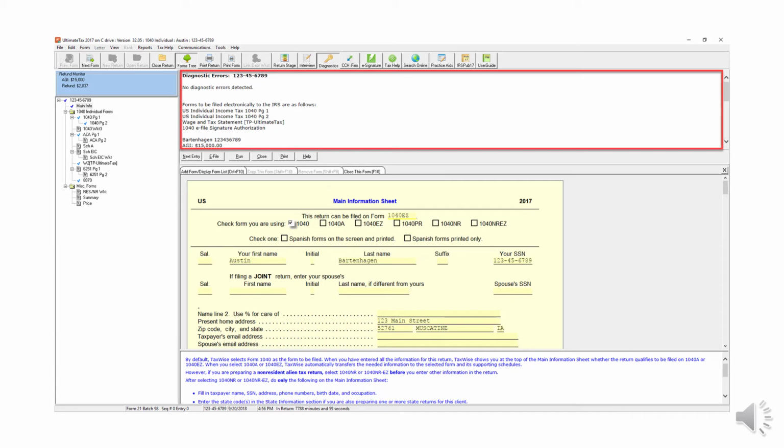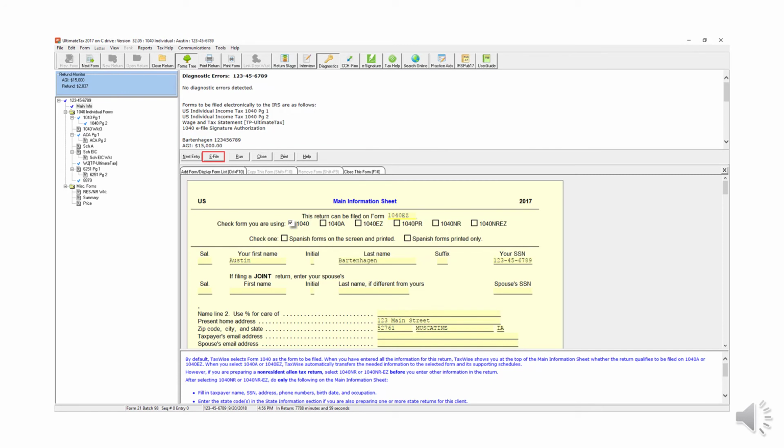Once the diagnostics window displays a No Diagnostics Error Detected, the e-file option will illuminate to be selected. Select the e-file button to create the e-file. If a state is added to the return, an option will appear allowing the selection of federal and state for